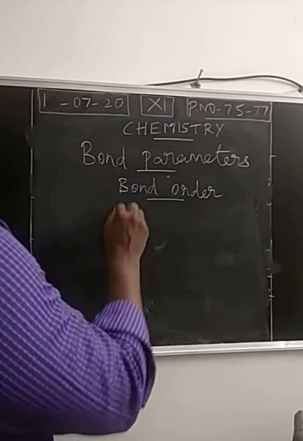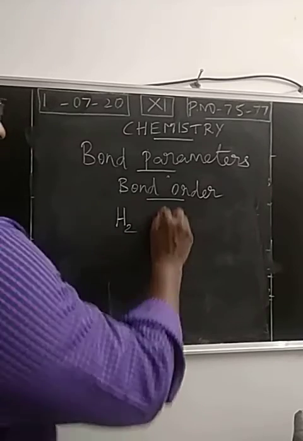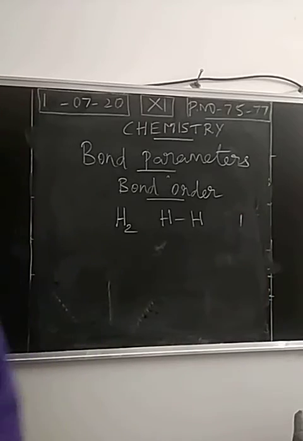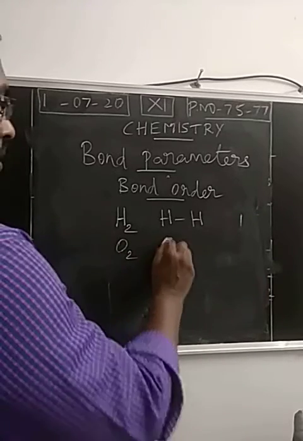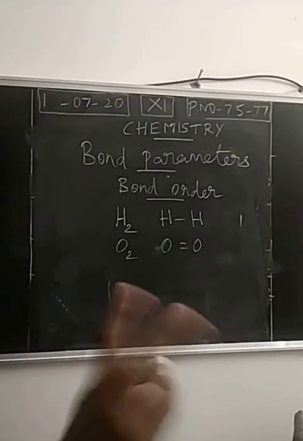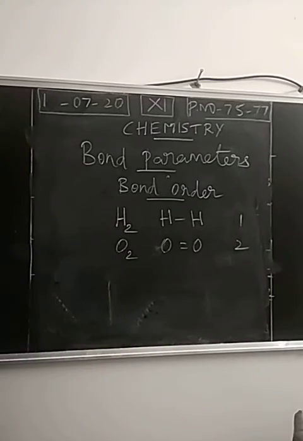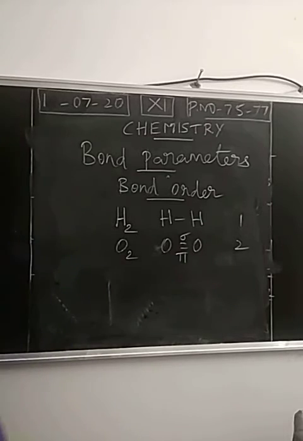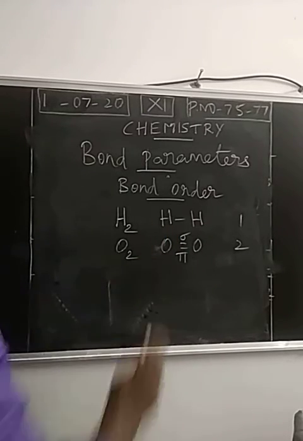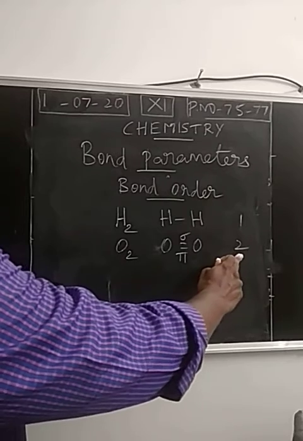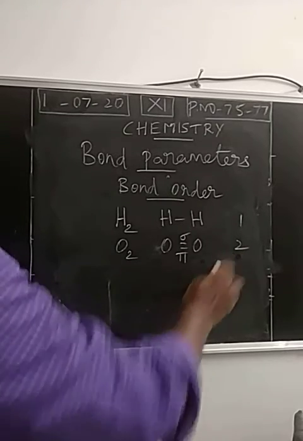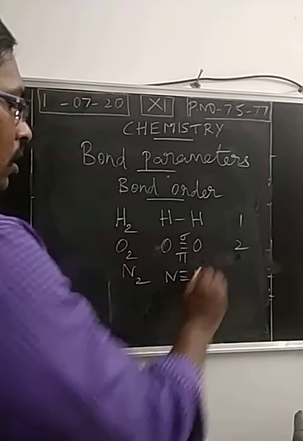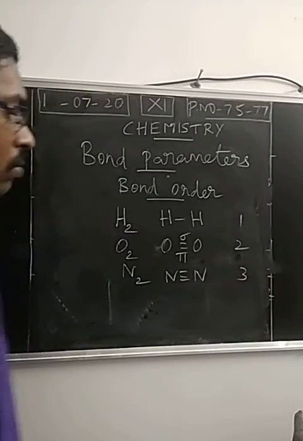So when you take hydrogen molecule, between the hydrogen atoms, only one covalent bond exists. So bond order value 1. At the same time, oxygen molecule, between the oxygen atoms, two covalent bonds present. Bond order 2. Out of two covalent bonds, one is sigma, another one is pi bond. We discussed already. This is a single covalent bond, this is a double bond. Due to the presence of two covalent bonds between the atoms in a molecule, bond order value 2. If it is N2, between the nitrogen atoms, 3 covalent bonds exist, bond order value 3.